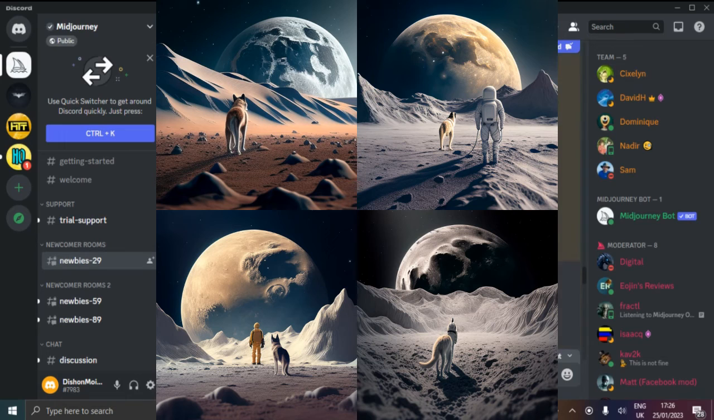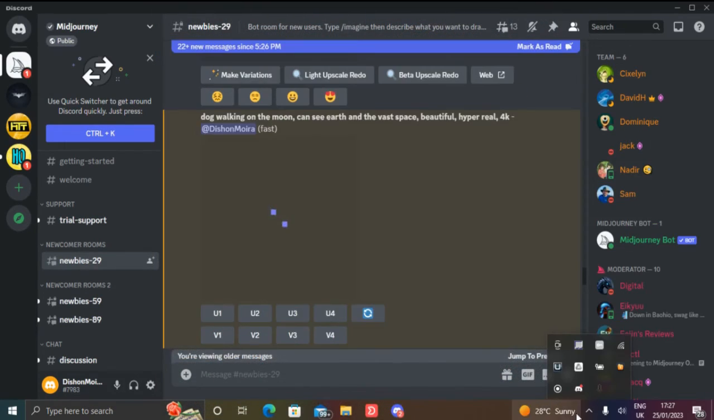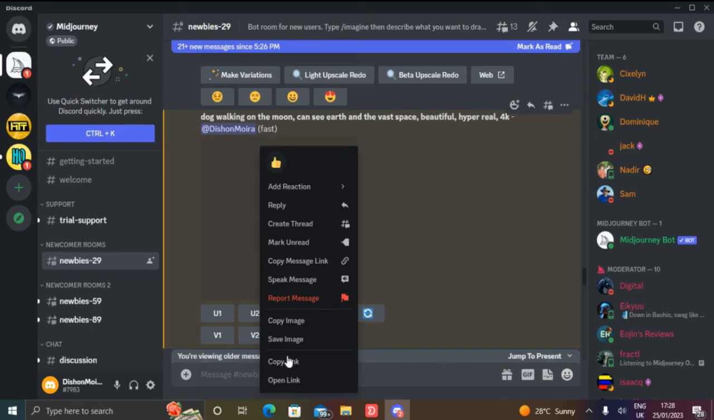And that is how you do it, guys. All you have to do is click on the link to the Discord server, go to the newbie servers and type in your prompt. Just type in your prompt and your image will be rendered. And that is how you do it,